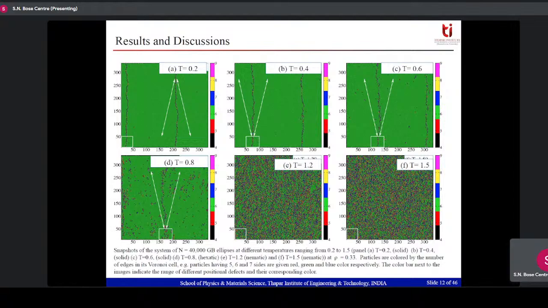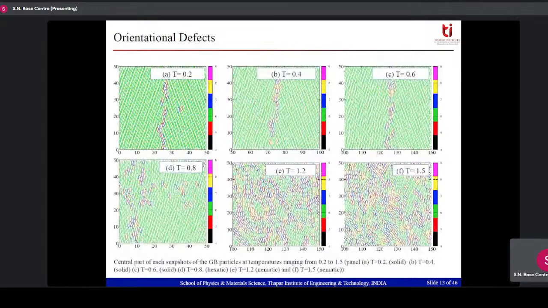So 2D liquid, 2D solid phase, solid phase, solid phase, solid phase. Something happens. So that's like an hexatic phase. Then this is a nematic phase. So completely positional order is gone, and these are happening at higher temperatures. So the snapshots give you some identity, some help to see whether you are seeing some phase transition.